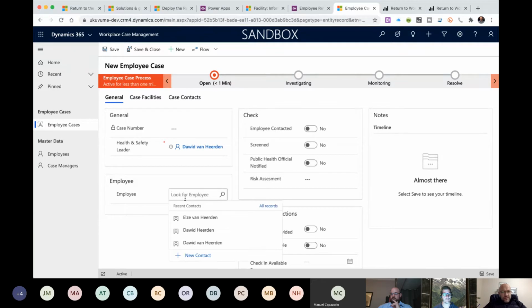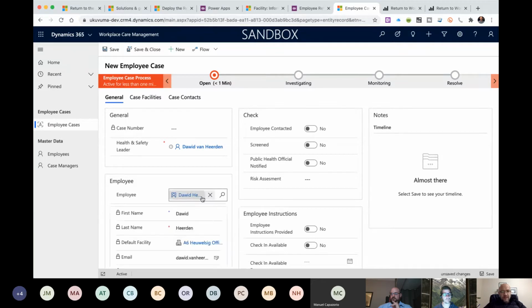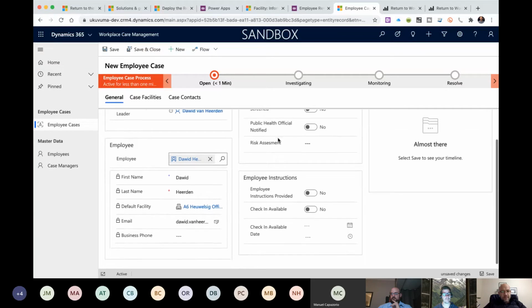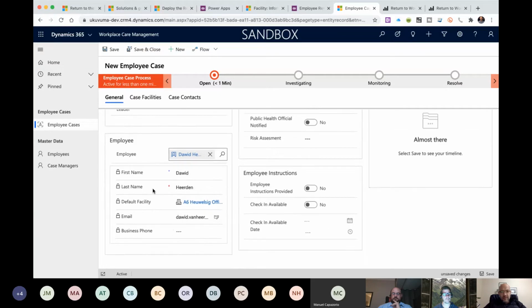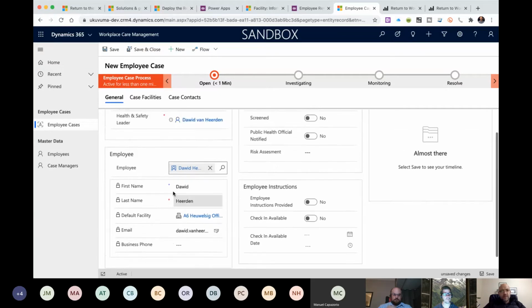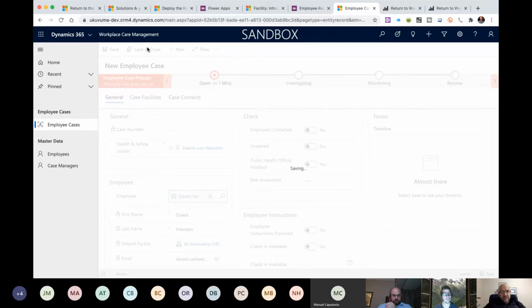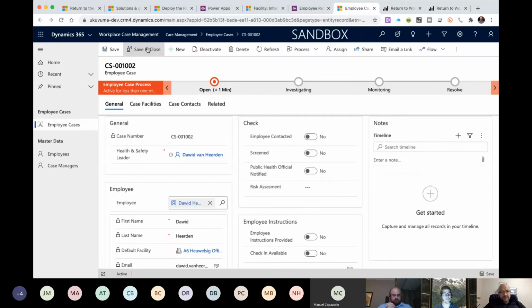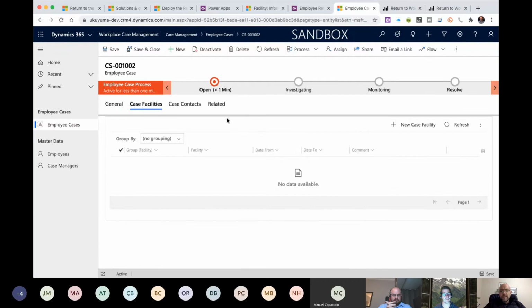So if we say employee David van Heerden, we can specify. You'll see this is all pulling through from the contact. We can then just save and close this. Okay, so that's fine. And you can now step through the workflow process. You can say which facilities this person got in contact with.